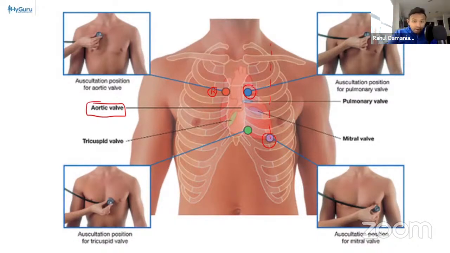So what we have to recognize here is that USMLE questions will give you where exactly the murmur is heard. So if you hear a systolic murmur at the right second intercostal space at the parasternal border, you can only have two options. It's aortic regurg or aortic stenosis. And in the case of a systolic murmur, that's going to be aortic stenosis.